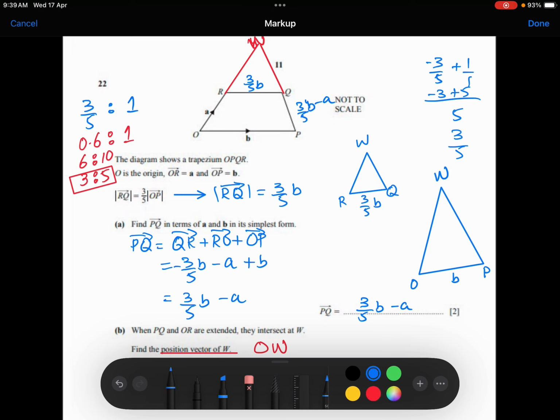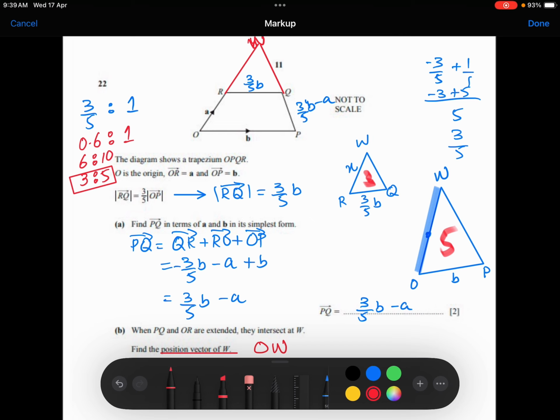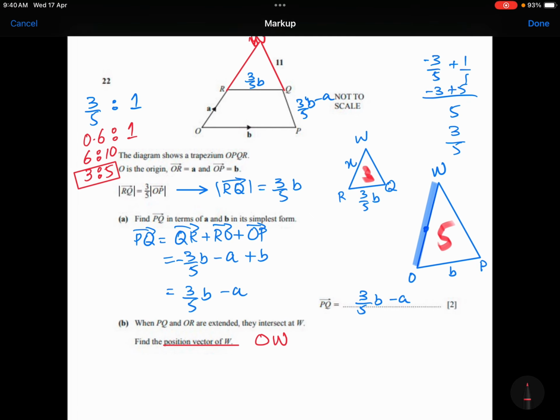Now for example we need to find out OW. We know that this little part is, for example, X. Now the complete bigger triangle has 5 ratio 3. It means, beta, that these triangles exist in the ratio 5 to 3 between each other. So first of all we need to find OW, and we will find OW from the ratio. So we know that a plus x, that is a and that is x, so a plus x is equal to 5.